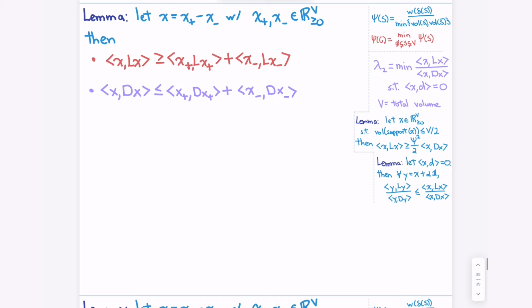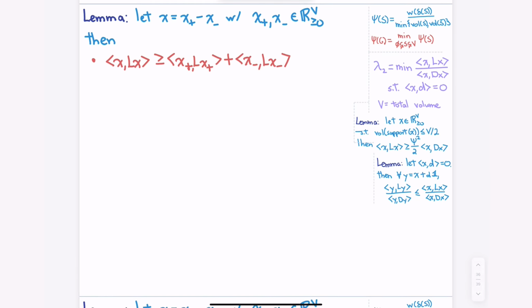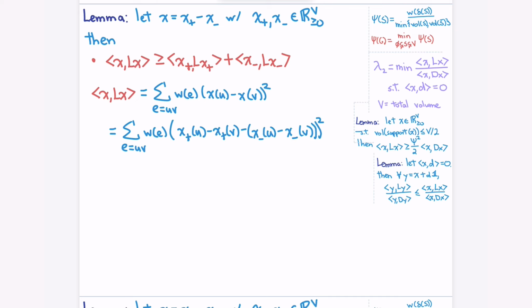The other lemma, oh, maybe I put it last because it's trickier. Is it trickier? Okay, let's do the red one first. Red one's the trickier one. I have this XLX term, and I want to split into positive, negative. So let me just write that out like this, and so you'll get,